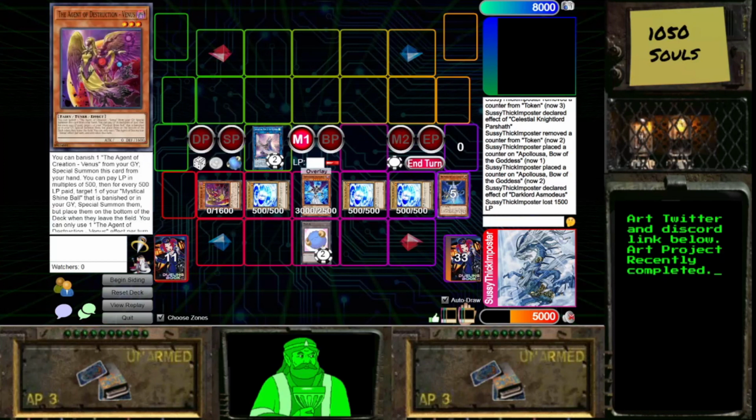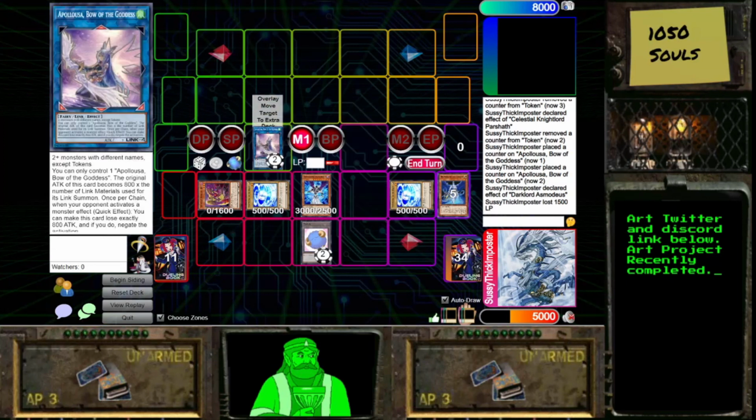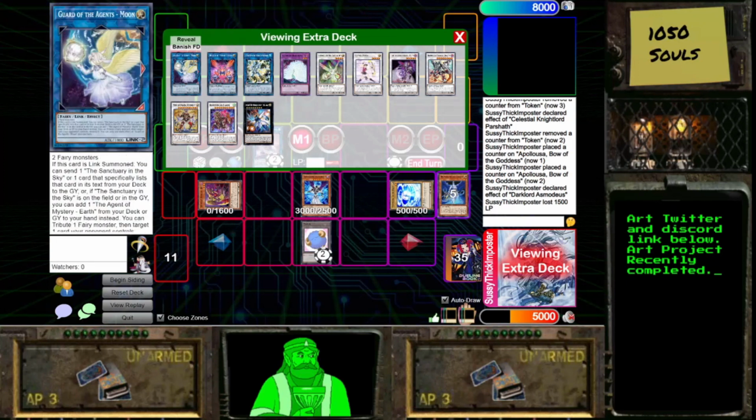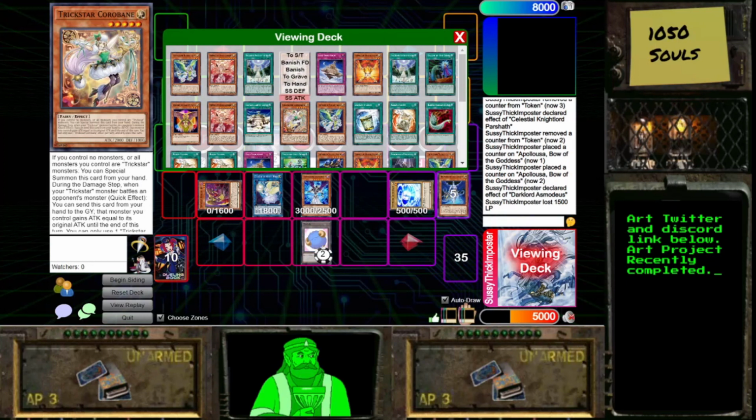But unlike Venus, you have to revive all the balls at once, and you can only do it once. So very important you keep that in mind. But now we will link summon into a link to fairy, and all these Shine Balls will go into the bottom of the deck for Venus to use later. And we're going to summon Moon, which will send